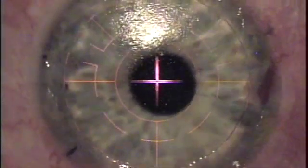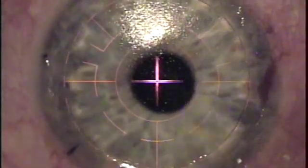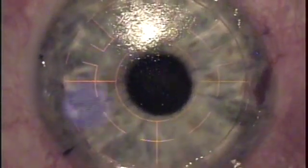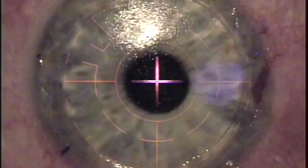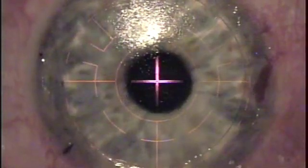Once the flap is lifted and out of the way, the excimer laser applies the treatment, and in this case you can see an obvious hyperopic enhancement, and you can also witness the laser ablating parts of the edge of the flap, which creates a ramp for the cells to slip down into the interface. And so by proceeding with this NIFT technique, what we're doing is giving the flap a head start in its